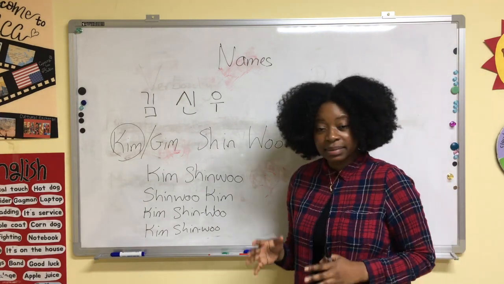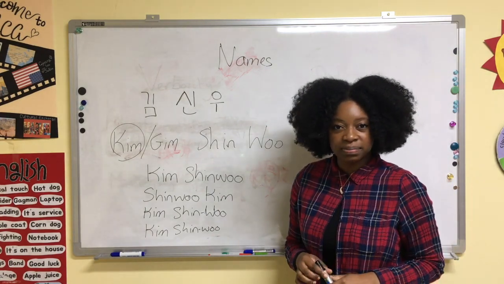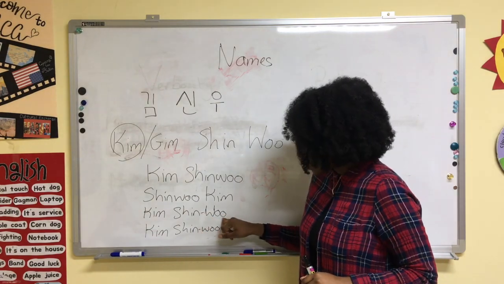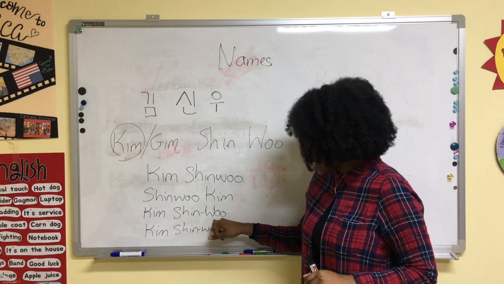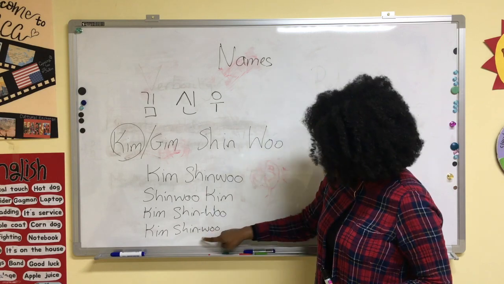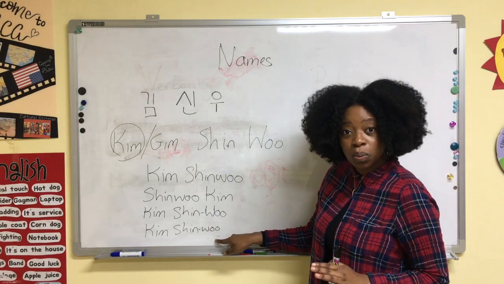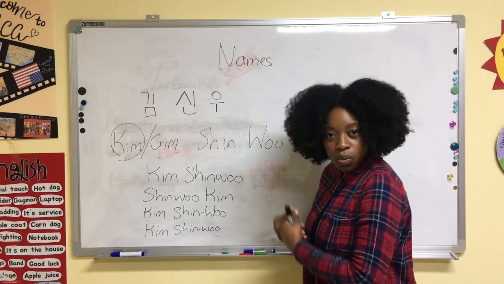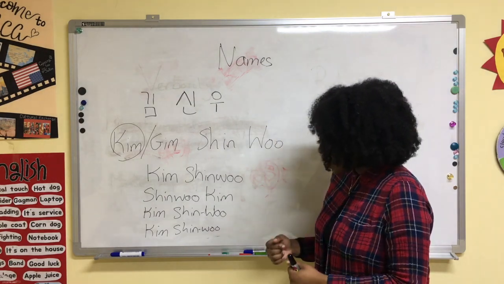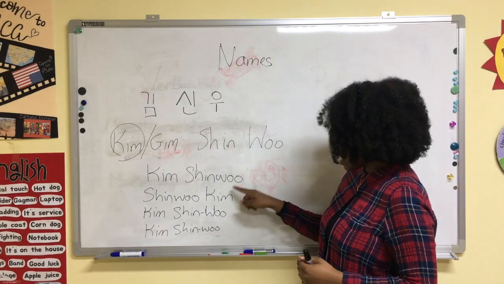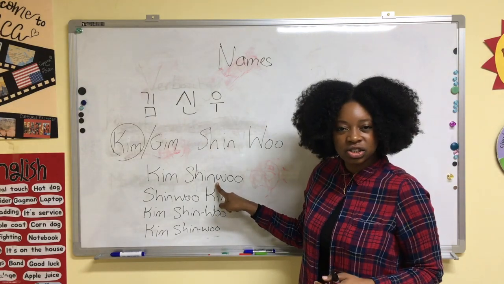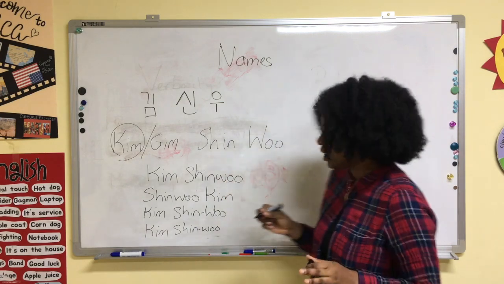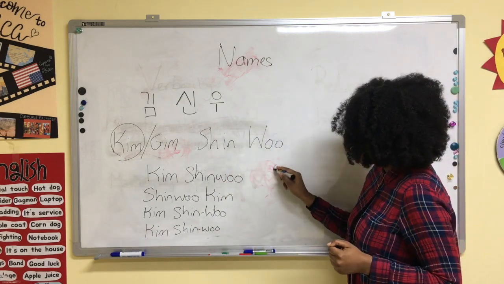Now, sometimes it's all to do with readability. Sometimes I put a dash so that I know that it's one name that I'm reading. It goes together, Shin-Woo, alright? Or if it's easy to read, I don't need to put in a dash and I put it as one word. What I mean by this is, for example, somebody's name is